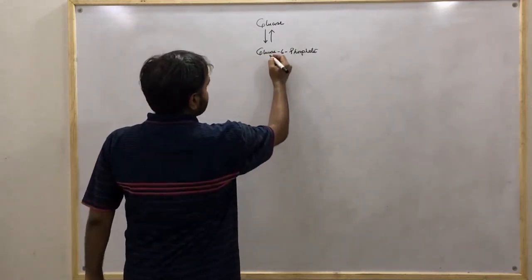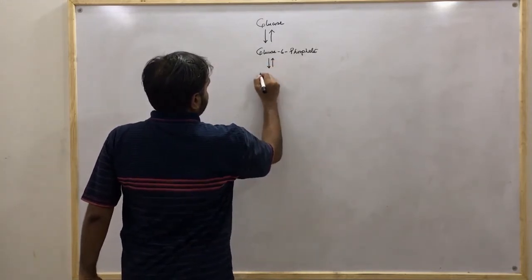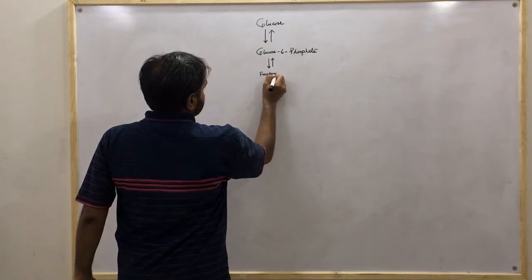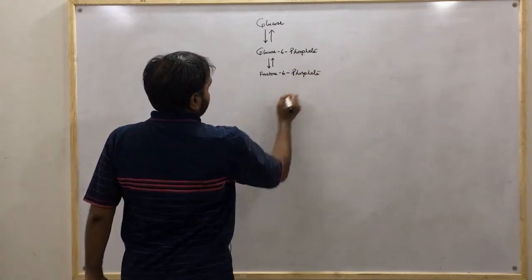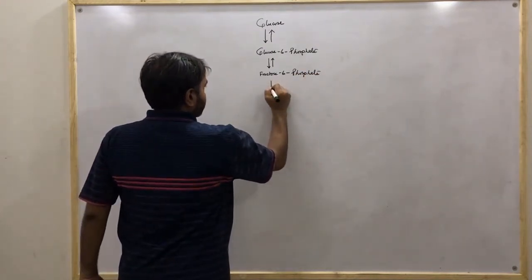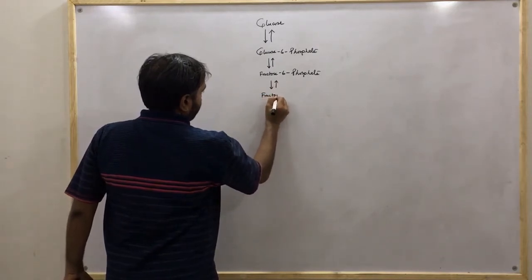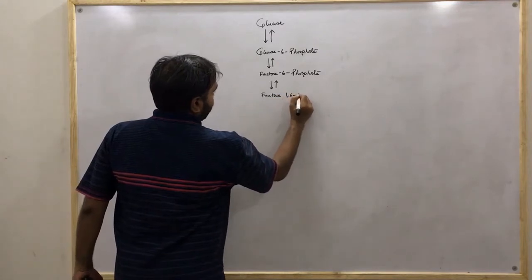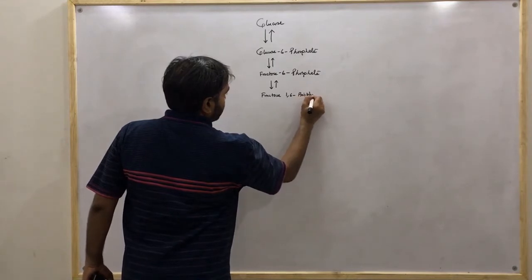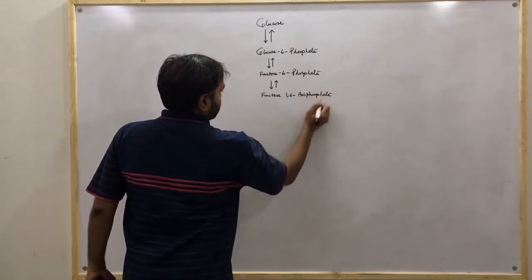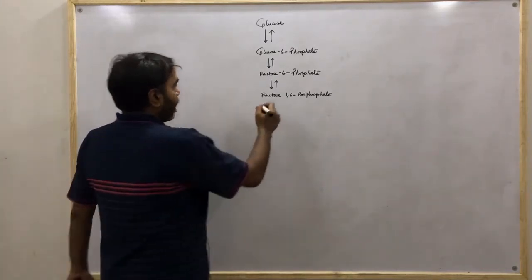So after glucose 6-phosphate we will have fructose 6-phosphate. After this, fructose 1,6-diphosphate or bisphosphate. We may either write diphosphate or bisphosphate. It is the same thing. Now, after this step,